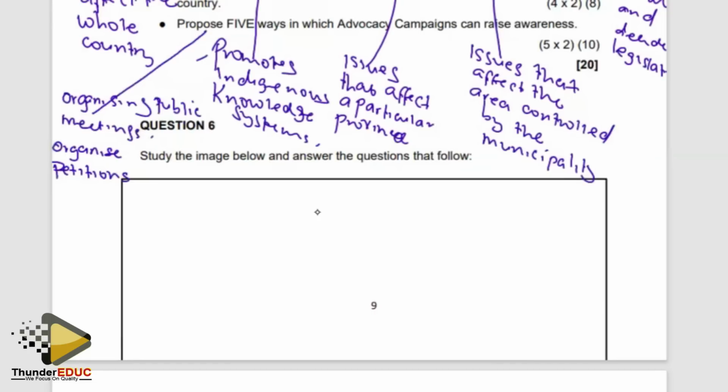Organize petitions and get the support of the public on the issue at hand. Another one, organize peaceful marches and demonstrations